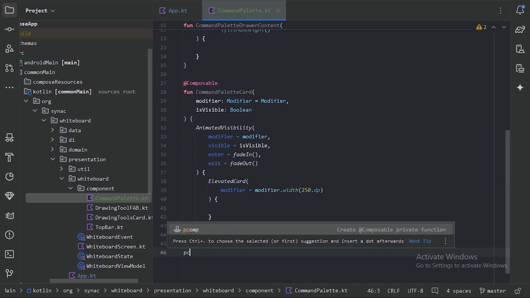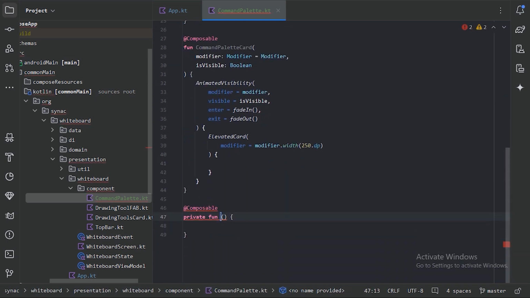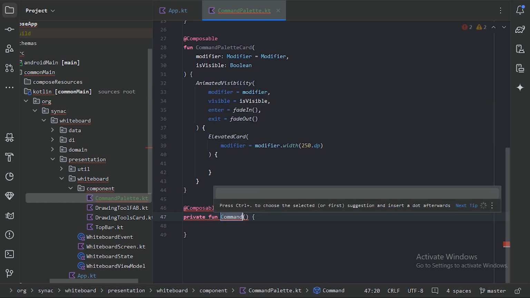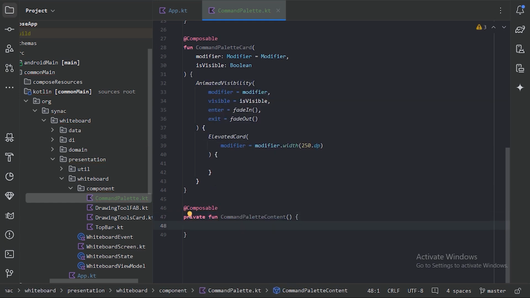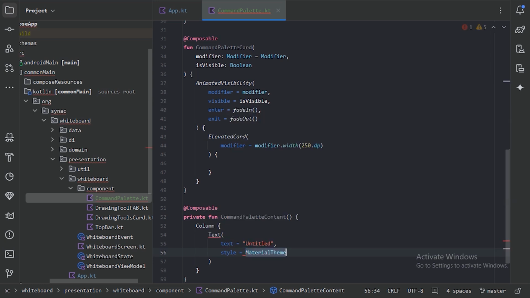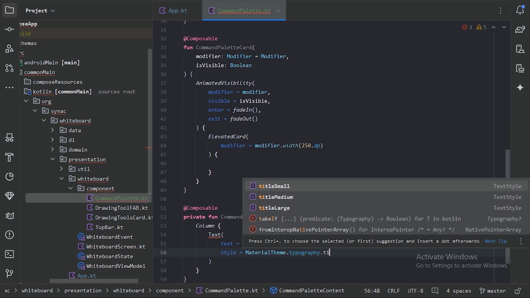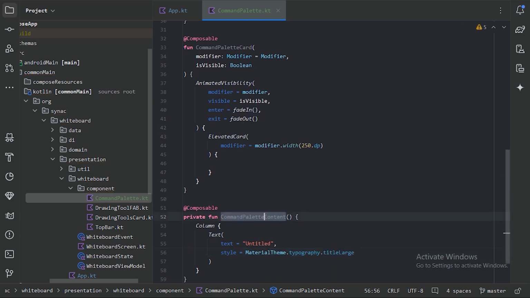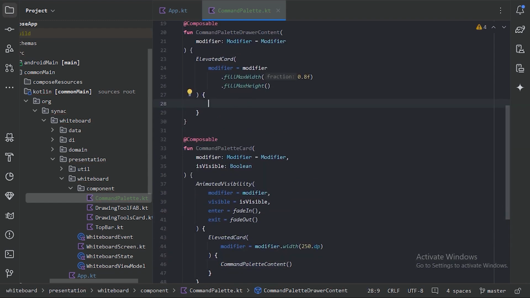Now let's create a new private function with the name command palette content, and here first let's use a column layout and a text, and this text we will use for showing the name of that whiteboard. For now let's just use this untitled, and use this content function in both the card and this drawer content,